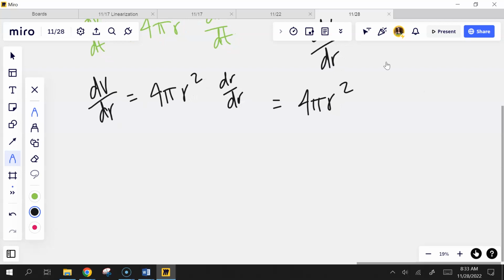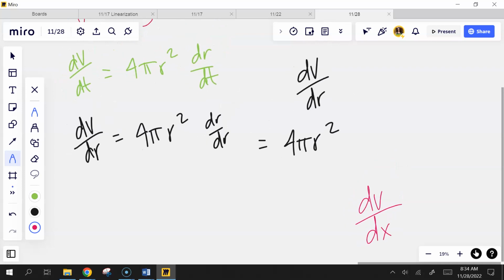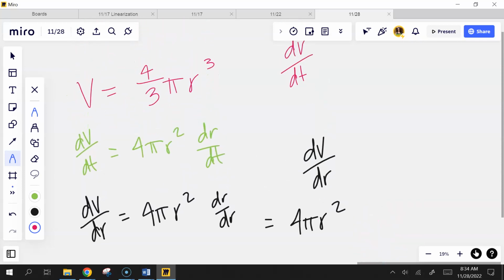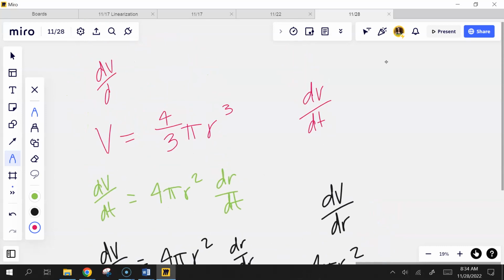Okay, do dV/dx. This just says take the derivative of volume with respect to x. I don't even have to have that variable in the equation anywhere. I can still take it with respect to x. I can say, okay, well, dV/dx is going to equal, because that's the derivative of V, right? The derivative of V would be 1 times dV/dx